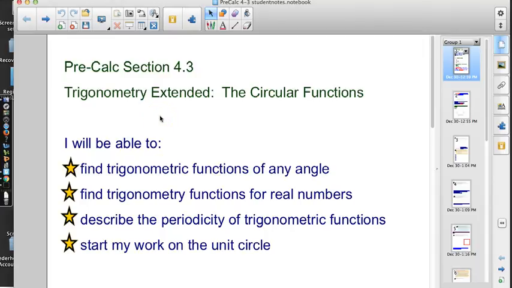So like it says, it's trig extended. We're going to start extending to the circular functions. We want to be able to find the trig functions of any angle. Find trigonometric functions for real numbers and describe the periodicity of trigonometric functions. So there's a word you haven't had before. It has to do with, well, you know what, just a